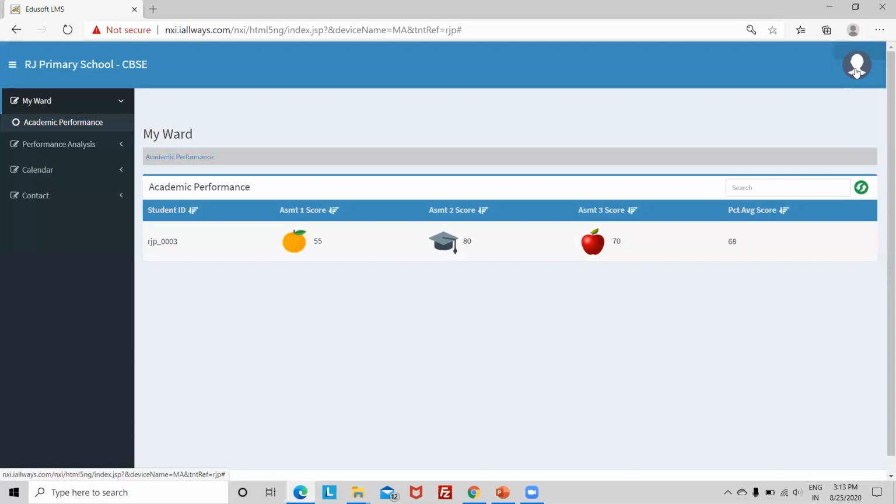If you forgot the login name, you can log in as edu soft go and see the list of all the users' logins. For RJP, if you click list users, you will be able to see all the teacher logins and everything.